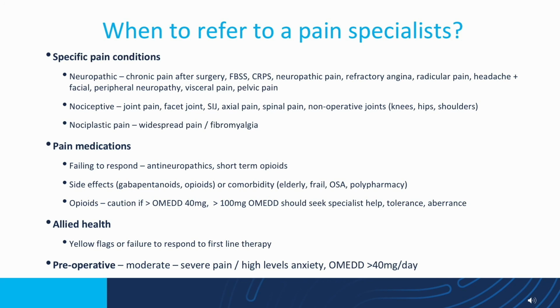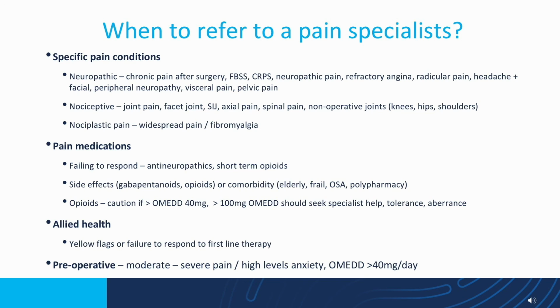And then finally, when to use pain specialists. In terms of opioid management, look at the aspect on pain medications. If they're on moderate or high doses of opioids, so more than 40 milligrams, and it's not helping. If they're on higher than 100 milligrams, so they're showing tolerance, dependence, addiction, you should be using specialist services. In staying with medications, if the medications and non-opioids are not helping, if there are side effects with medications or their comorbidities, consider pain services.